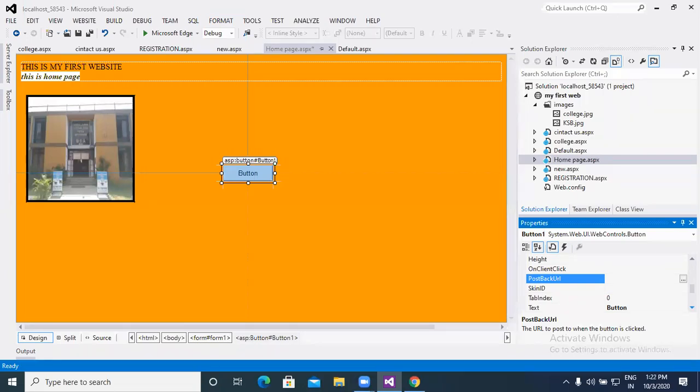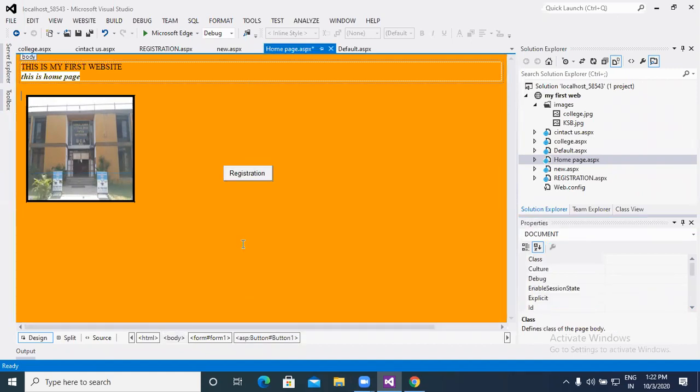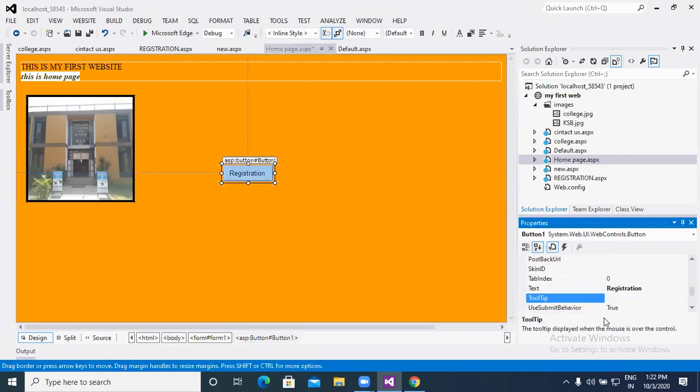Before that, we just check the theoretical concept. Tab index is useful for tabbing, for which control the cursor is set first on a web page. For the button text, we can change the name, like we can put Registration, so it is displayed as Registration.